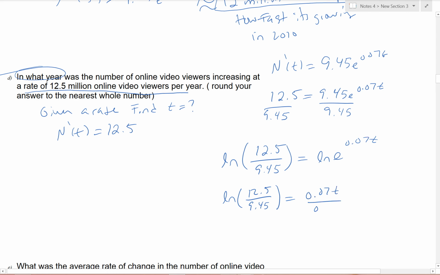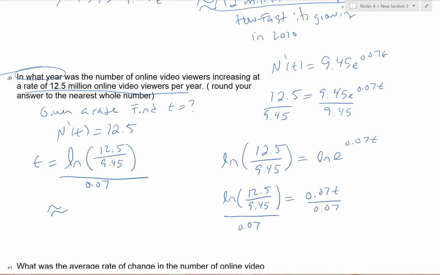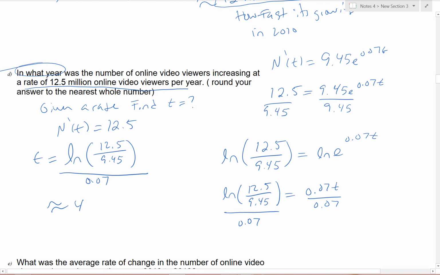All right. Last step, isolate the time. So take that logarithm and divide by our 0.07. What you're going to plug into the calculator is the natural log of 12.5 divided by 9.45. Type it in exactly, and then once you type that in, you're going to divide by 0.07 and then round to the whole number. It comes out to 3.99, so round to 4. So 4 years